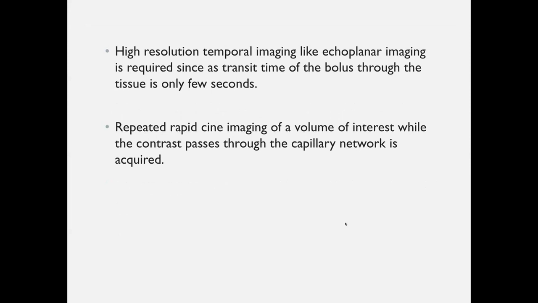Now, once we have injected the contrast, we know 10 ml. Some institutes inject 20 ml. So there is variability on this, but in our institute, we inject 10 ml of contrast with such a flow rate. Now, since contrast passes within a few seconds through a volume of interest, it is a very fast passage. So what we need is something with very high temporal resolution. So we need echoplanar imaging sequences. Those are really fast, acquiring the same region again and again in a pattern. So repeated rapid cine imaging of the volume of interest is very important.